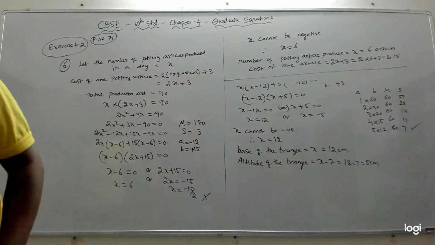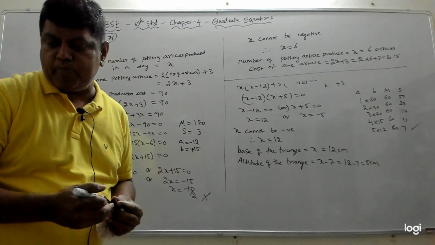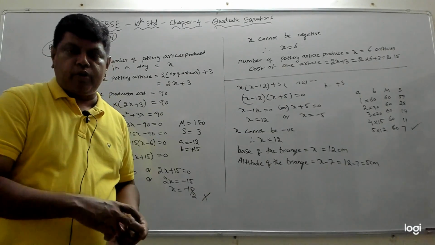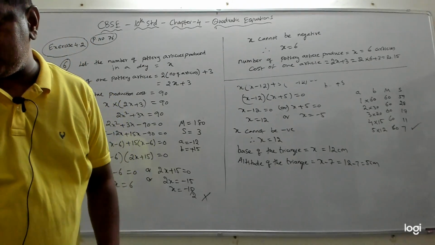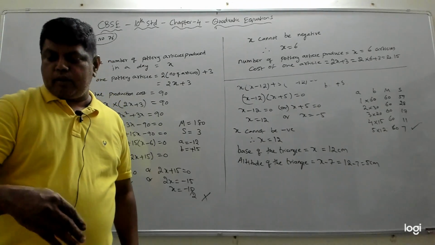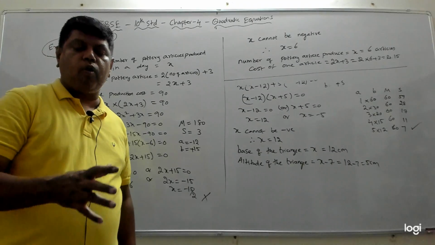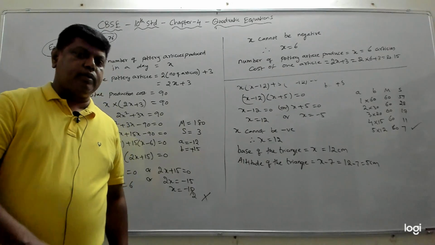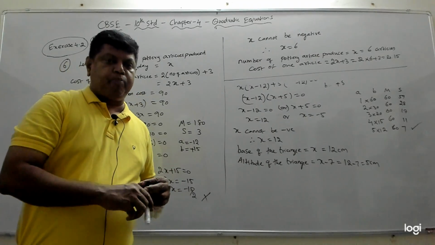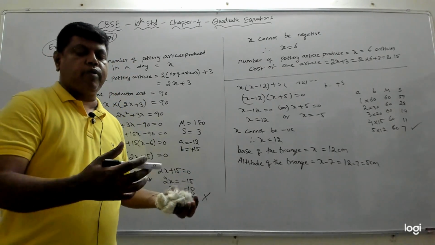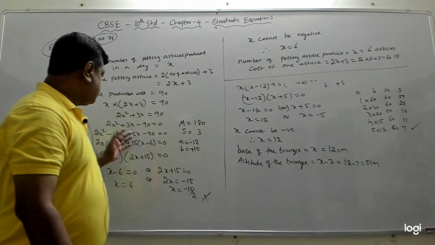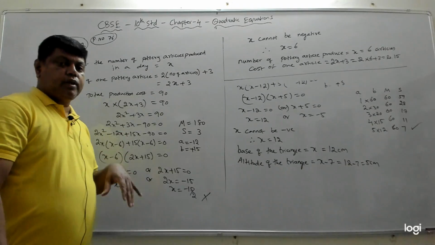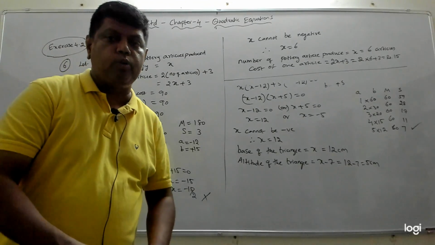Fine. So I will stop the video here. We have completed exercise 4.2. In the next video, you can continue to watch where I have done the next section, which is finding the solution of the quadratic equation by the method of completing squares. That is also an easy way. There is one more way to find the solution or roots of the quadratic equation. What we have done here is the factorization method. The next method is the method of completing squares. So I'll do that in the next video.